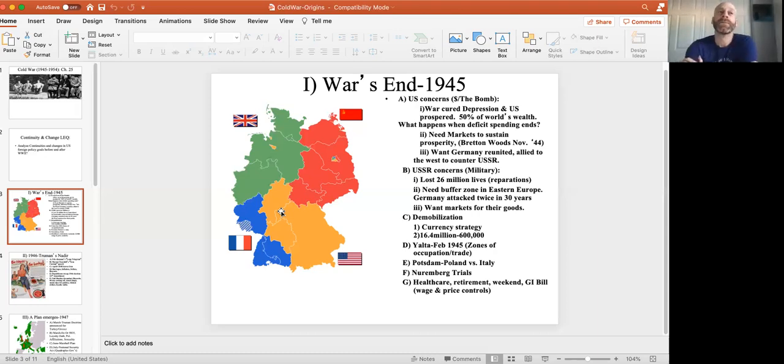However, they have much more urgent concerns. They have been attacked twice by Germany through Poland in the 20th century, losing millions of lives in each of those wars. So the Soviets, rather than wanting markets for their exports and rather than wanting peace, they need survival. They need a buffer zone in Eastern Europe because they felt if the Germans were ever to rearm and invade again, the Soviets would stop them right in Poland. We're not going to wait and fight on our own territory anymore.